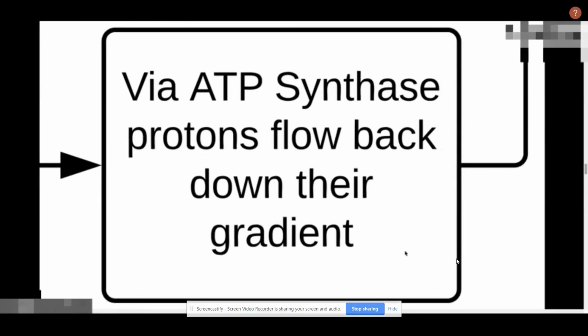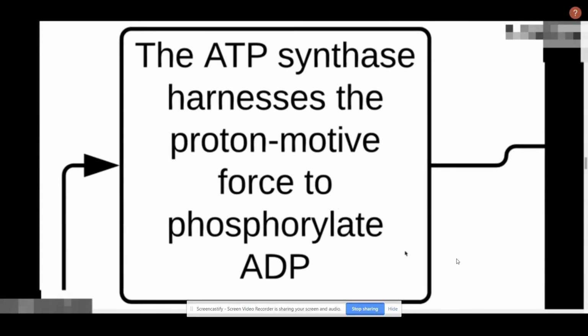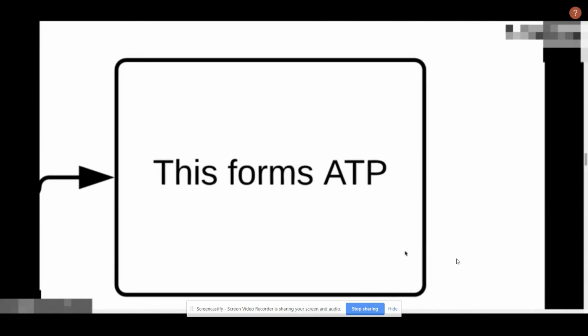Chemiosmosis. Via ATP synthase, protons flow back down their gradient. The ATP synthase harnesses the proton motive force to phosphorylate ADP. This forms